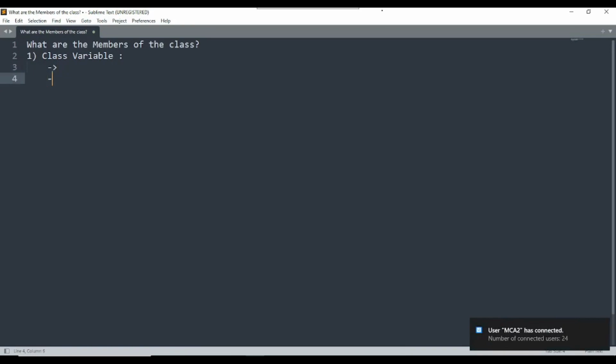If you need to access this type of variable, there is no need to create an object. Without creating an object, you can access the class variable. And as I said, only one copy of this type of variable is available.